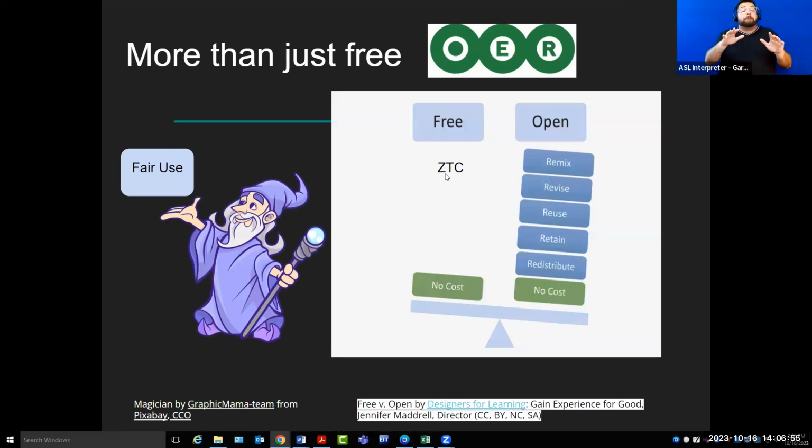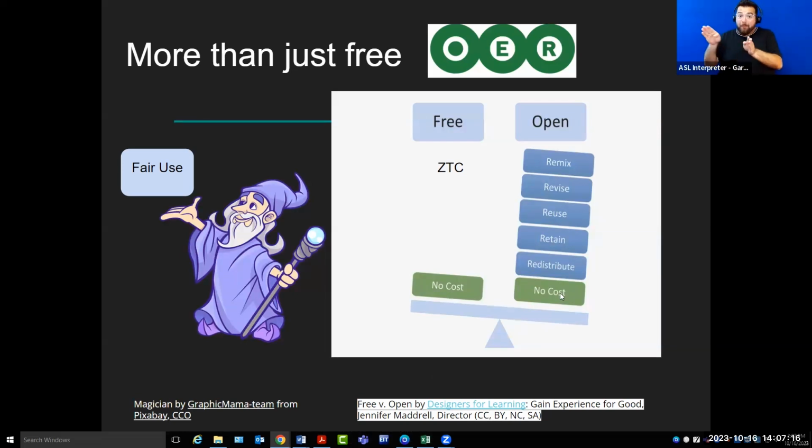There is another acronym that I wanted to tell you about, and that's ZTC that we hear about. So that is zero textbook cost. Okay, so this refers not to the licensed. Some ZTC are also OER, they're also open, but not all. So some